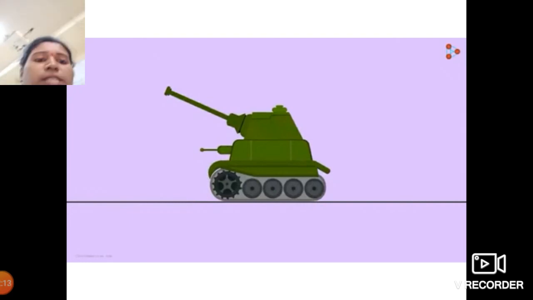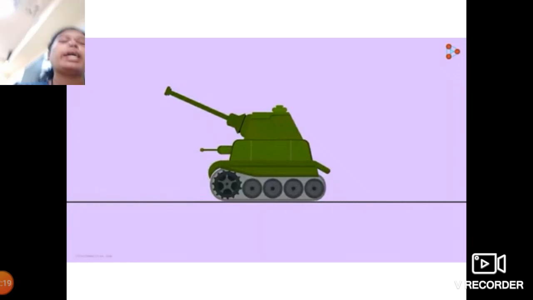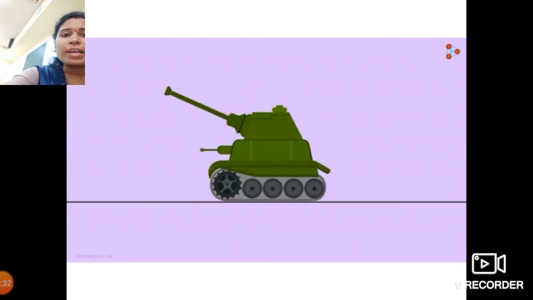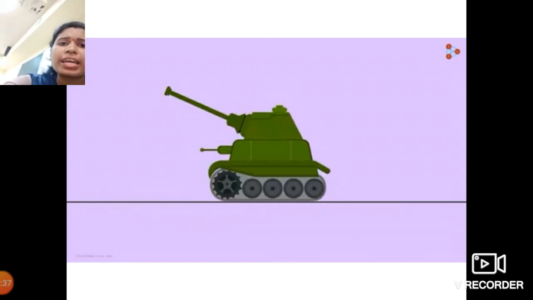Now, have you ever wondered about this? See, what is this? This is the army tank. Okay students, have you ever wondered why the wheels of this army tank run on a steel track rather than on the ground? Why is this so? See, notice that these wheels on the steel track are not really touching the ground. They are very little in contact with the ground.